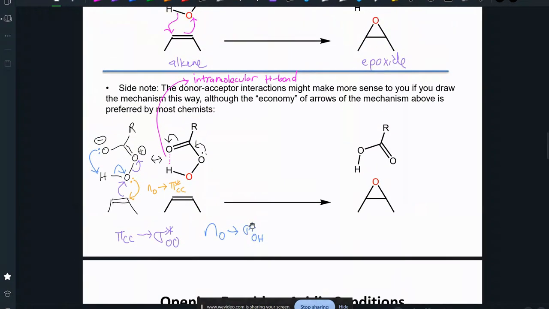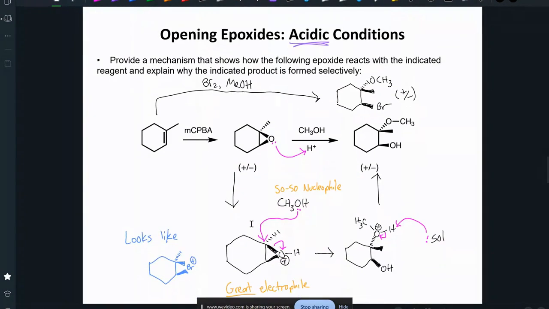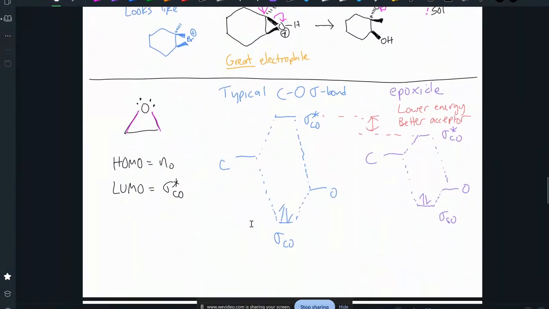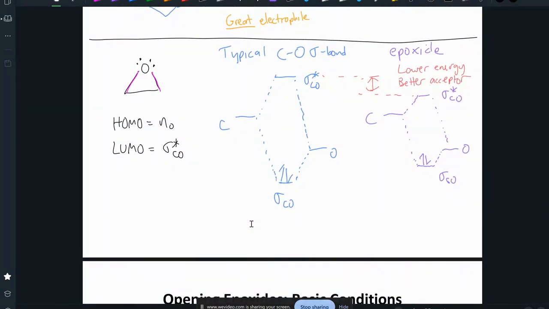We've talked about how to form epoxides. Now I want to talk about how you can react epoxides. To do that, I'm going to start by talking about some of the features of an epoxide that make it unique. Most ethers are pretty unreactive, they don't do much. The HOMO of an ether is the lone pair on oxygen. The LUMO is the sigma star CO. So in a typical ether, sigma star CO is an okay acceptor, but we've seen in substitution and elimination